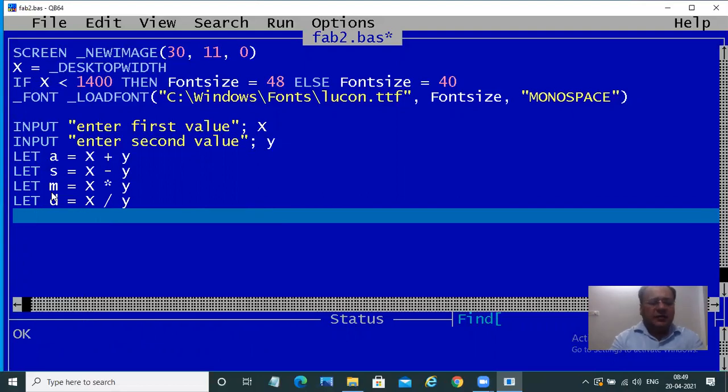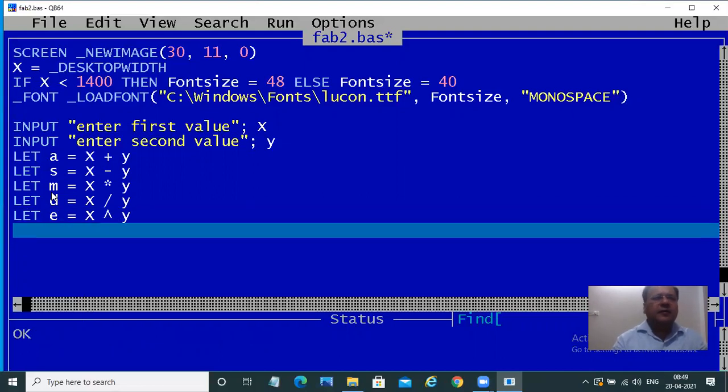Then we say let exponentiation E is equal to X exponent Y. So we've taken two values X and Y, and what we have done is we've added, subtracted, multiplied, division and exponential. Okay. Now we'll use the outputting statement.